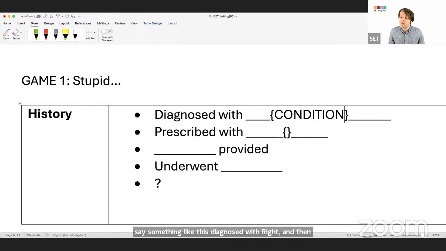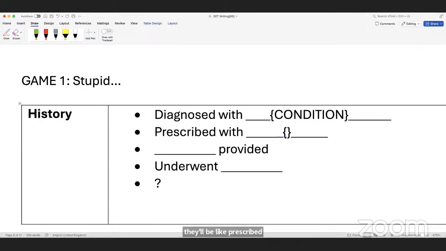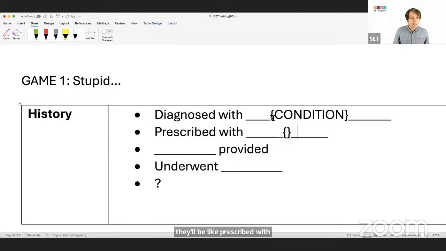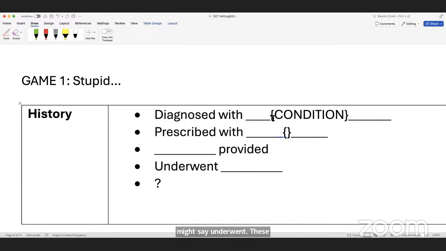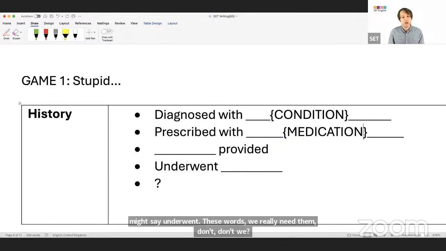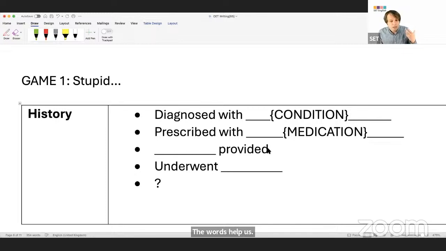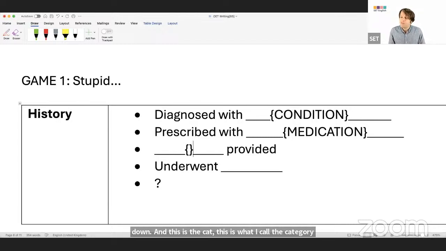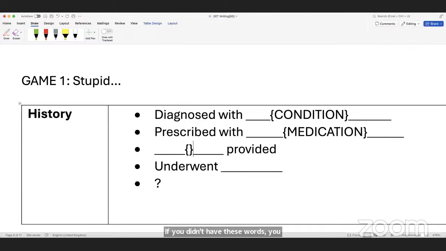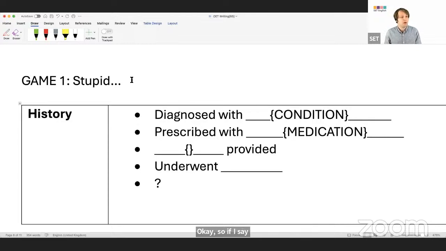What was my condition? What did I say? Diabetes. I was not diagnosed with the other one. It was a misdiagnosis. What was I prescribed with? Insulin. Injected with insulin. A medication, right? So predicting categories is what most students do at the start of the exam. How much time do I have before the exam starts? 30 seconds. So in those 30 seconds, the first thing we always try to do is predict categories.